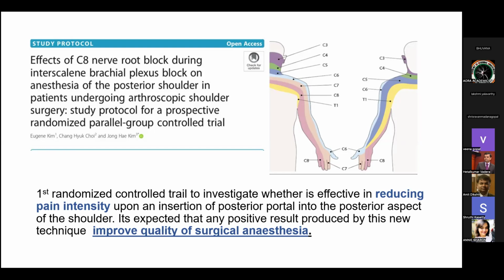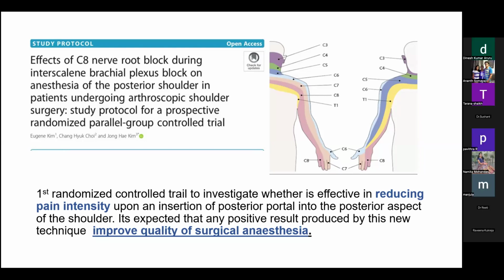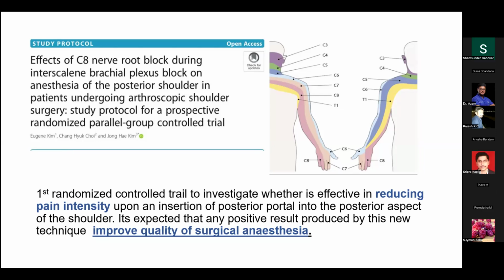The C8 nerve root, we usually do not block in the interscalene block for shoulder. Rarely we perform it, because visualizing and blocking the C8 root is challenging. Keegan and Garrett's map assessed the sensory blockade produced by the interscalene brachial plexus block, which is consistently sparing the posterior aspect of the shoulder. According to Keegan and Garrett, the posterior shoulder is innervated by C8. In the Foster dermatomal map it is C5, but in Keegan's they mention it is C8.